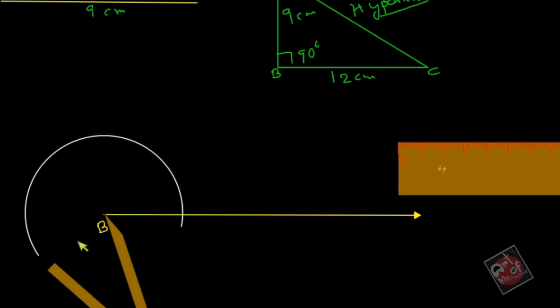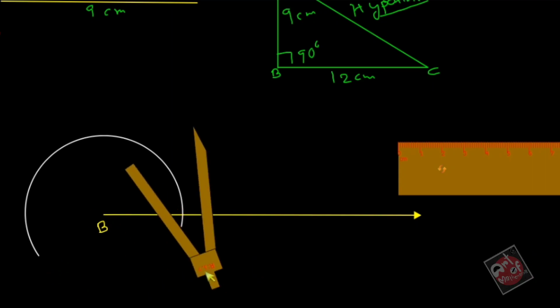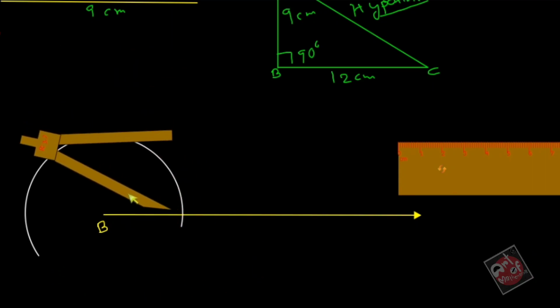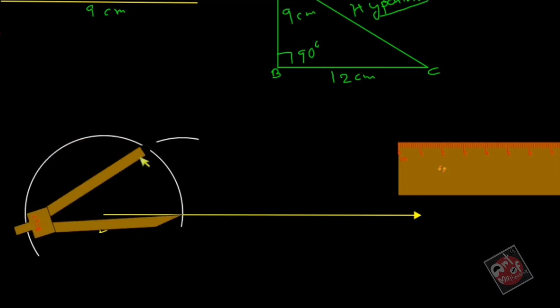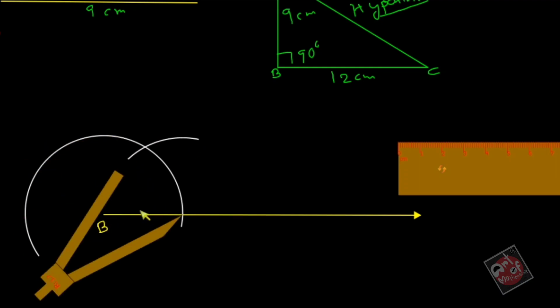Now you know how to construct a 90-degree angle. You all know. If you forgot, just see once. This is our 60-degree. What I have done is take any measure, cut an arc, then take the same measure and put the point where the arc and the line or ray intersect.